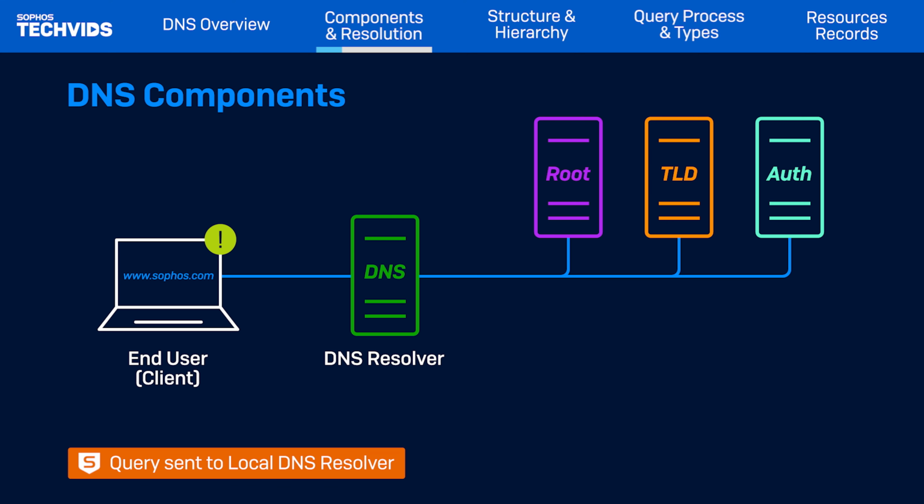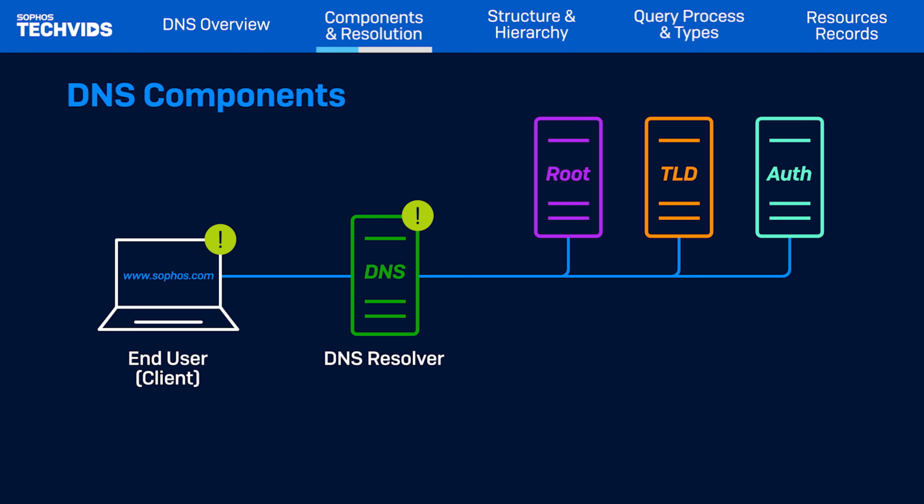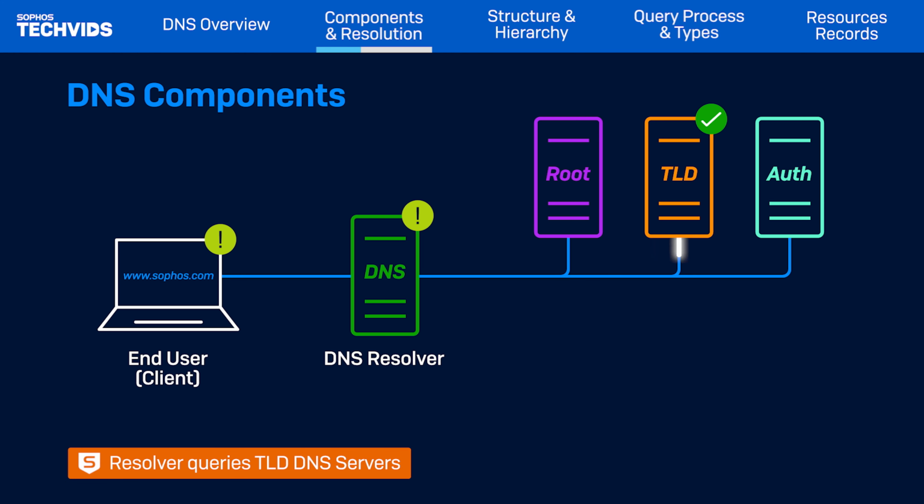If the user computer doesn't have the info cached, it communicates with a DNS resolver, which could be local or public. This either responds from its cache or begins the resolution process. If the DNS resolver doesn't have the record either, it queries the root DNS servers to identify the authoritative DNS server for the top-level domain, or TLD. Next, the resolver queries the TLD DNS servers to discover the authoritative servers for the second-level domain. Finally, the resolver queries the authoritative DNS server for the specific domain to obtain the IP address associated with the requested name. This is then communicated back to the user device to load the website.